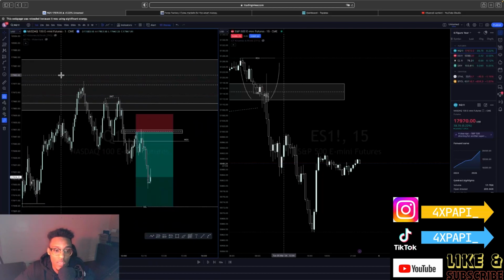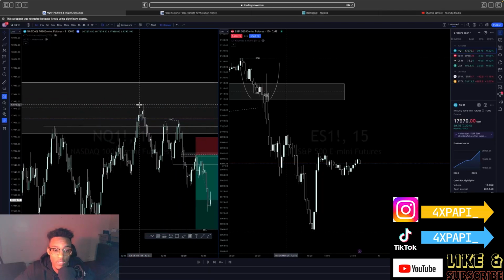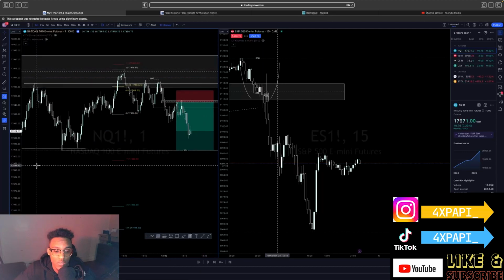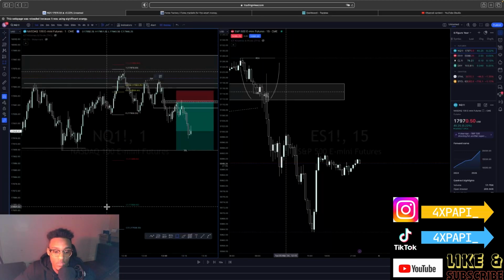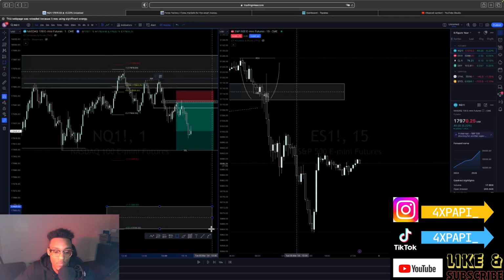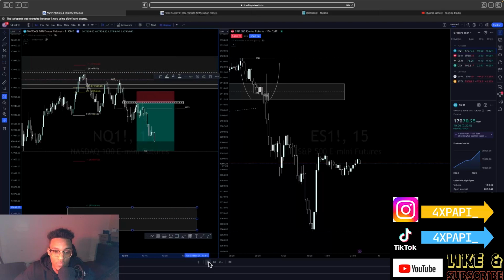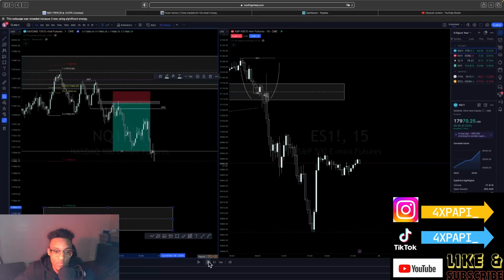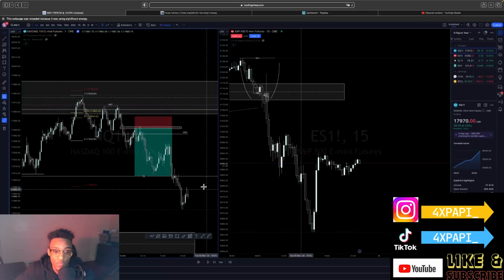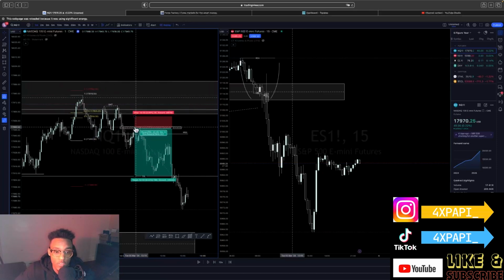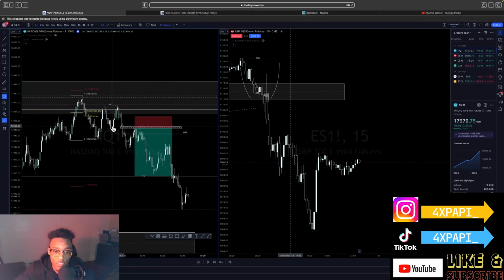So now, we have the manipulation leg that swept the internal. So then when we draw the standard deviations and we pull the 2 to 2.5, look where price proceeds to go. Also, there were scaling opportunities as well. So this could be your first entry, or this one, depending on if you took the first displacement candle, or if you could have taken the inverse here once price disrespected this bullish fair value gap.